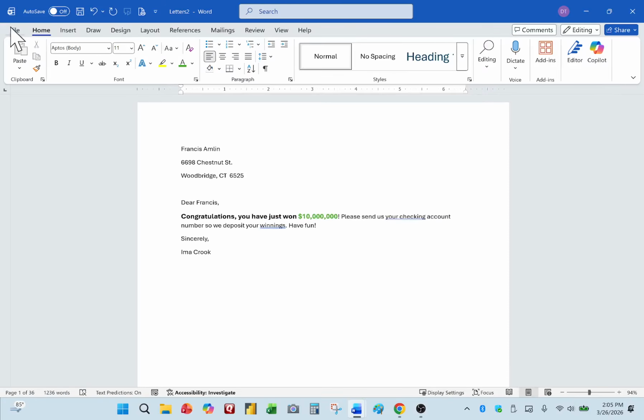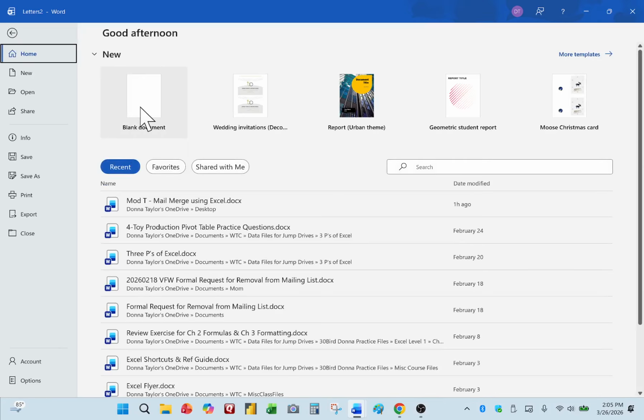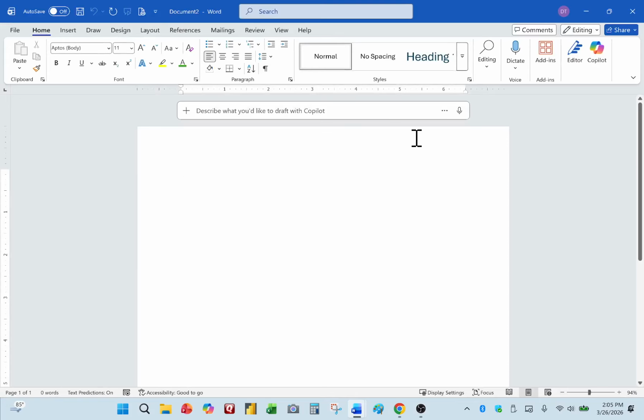If you want to do another one, I'm going to go File and New, Blank Sheet. I'm also going to try it this time with labels. Labels are used many times besides mailing, to put them on an envelope. You can also use them to